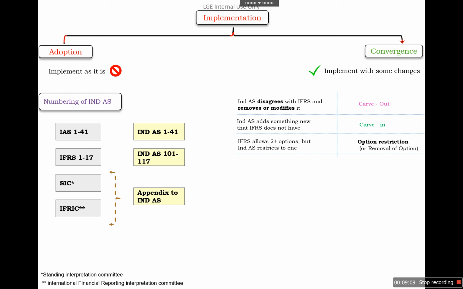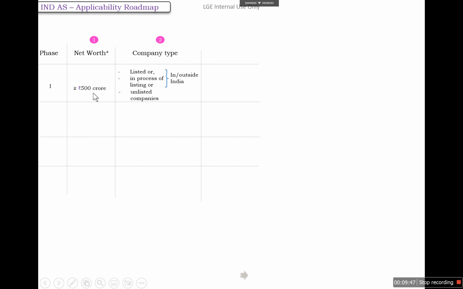So now we will discuss the Ind AS applicability roadmap. In India, as we have discussed, it is implemented by phase. In phase one, there are two conditions that we need to look at for applicability of Ind AS. First is net worth, and second is the company type. In phase one, where the company has net worth of more than 500 crores, and this company is listed or is in the process of listing, whether in or outside India, and all the unlisted companies having net worth of more than 500 crores, Ind AS is applicable from financial year